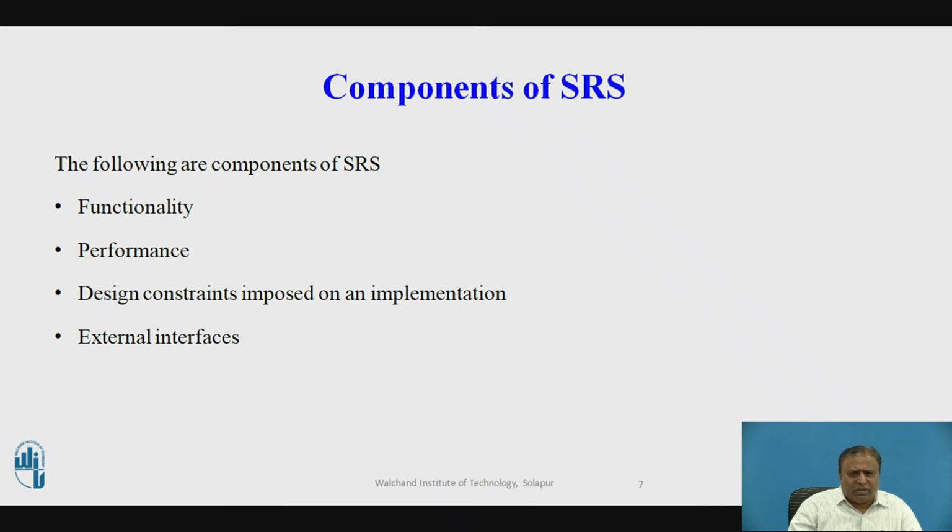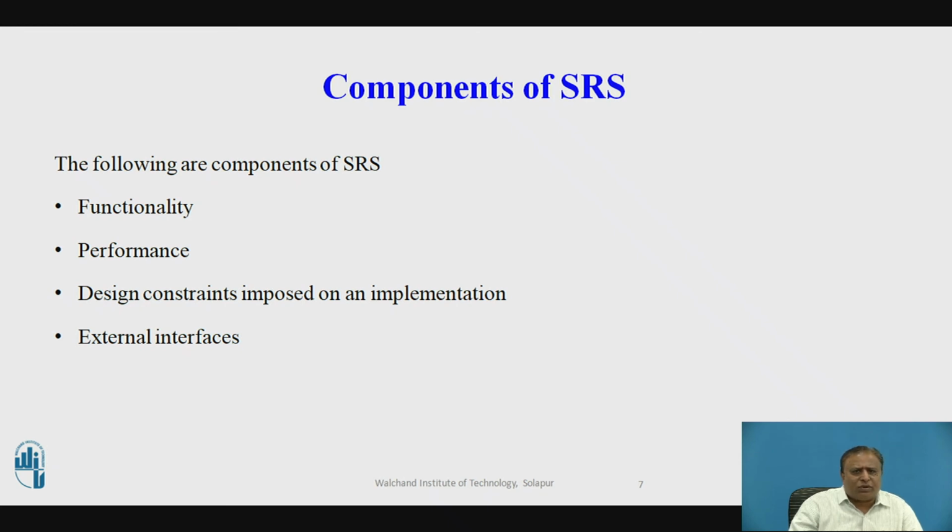These include requirements like the number of terminals to be supported, the number of simultaneous users to be supported, and the number of files that the system has to process and their sizes. These are called the capacity requirements of the system. Dynamic requirements are things like request time, response time, etc.